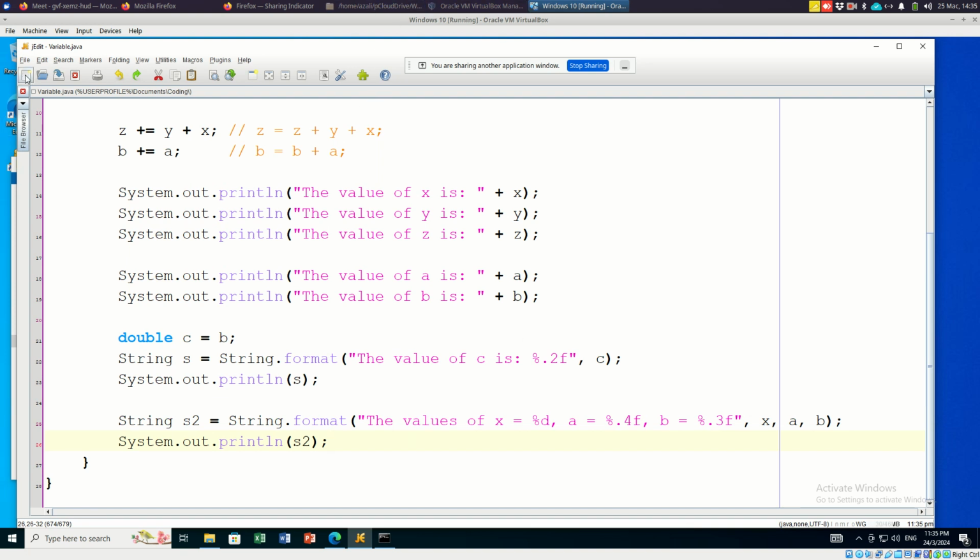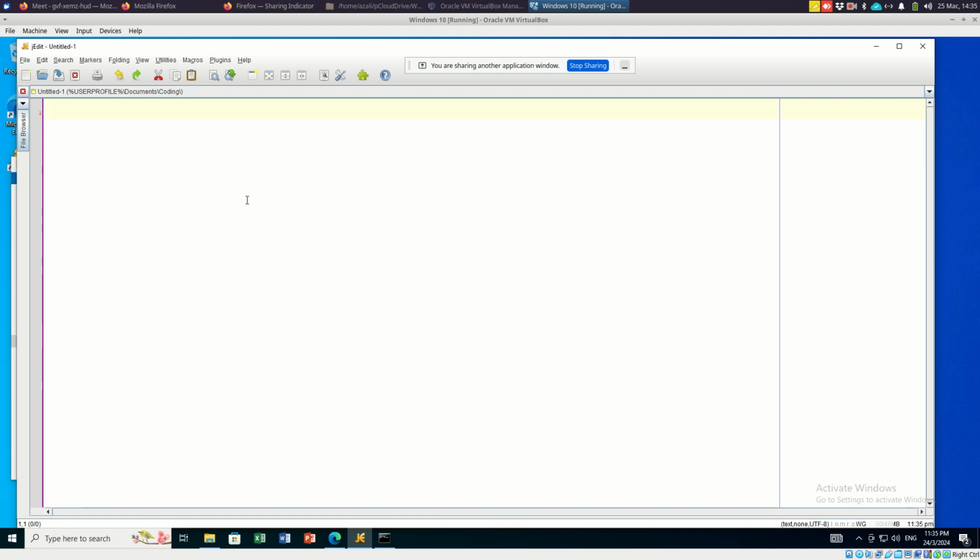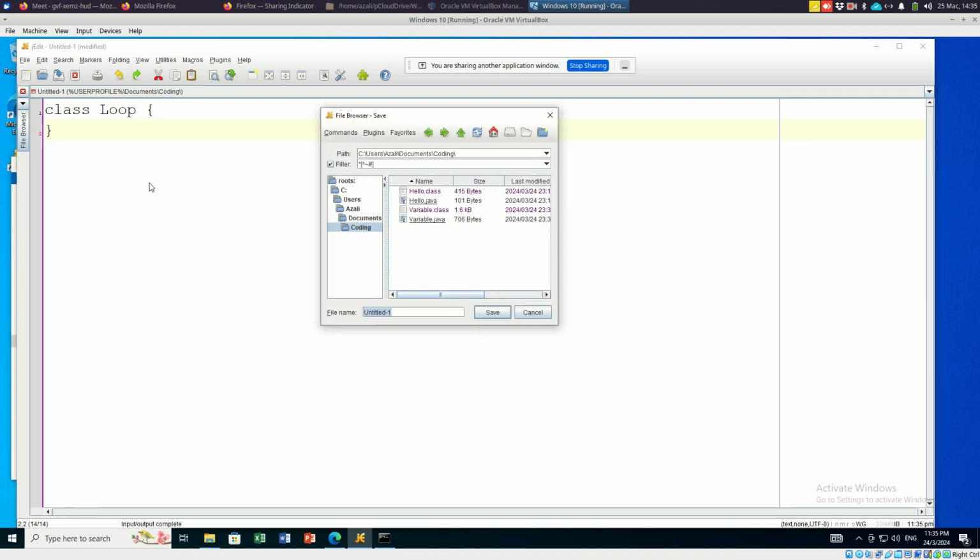Okay, now let's create another file. We call it loop. How to create loop in Java. Okay, similarly, the class name, the file name should be